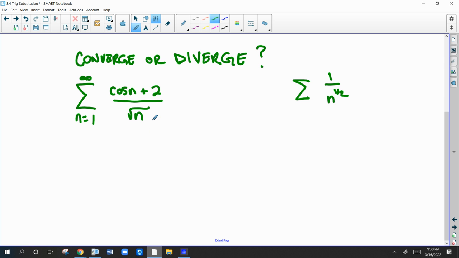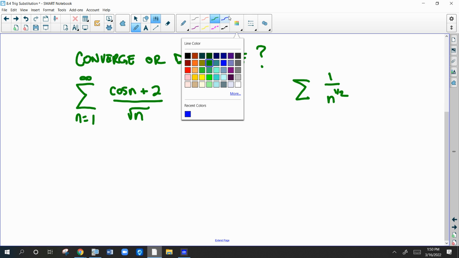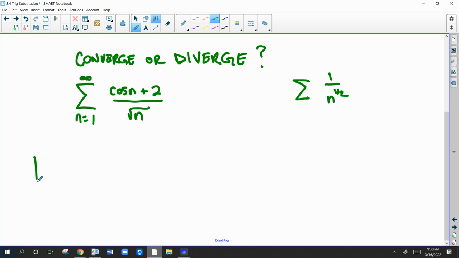So first of all, just think about what cosine is. Cosine, the graph just looks like this. Everybody knows that. The important thing is, though, it ranges from 1 to -1. So if you add 2 to the cosine graph, it's going to shift it up 2. So it's going to range from 1 to 3. It's going to look like this. So cosine of n plus 2 is always greater than 1,